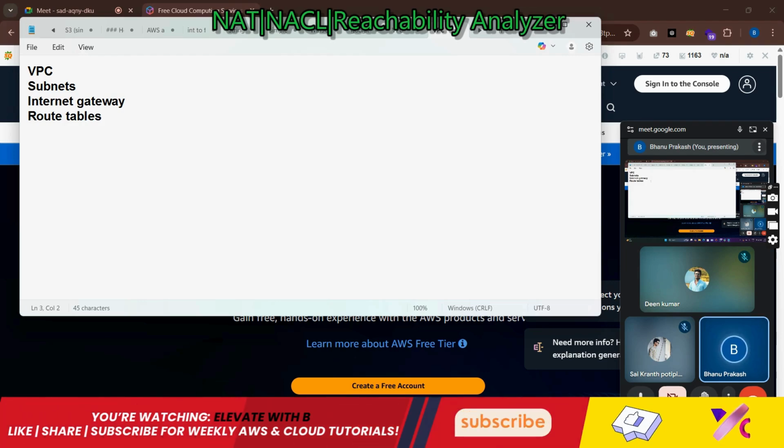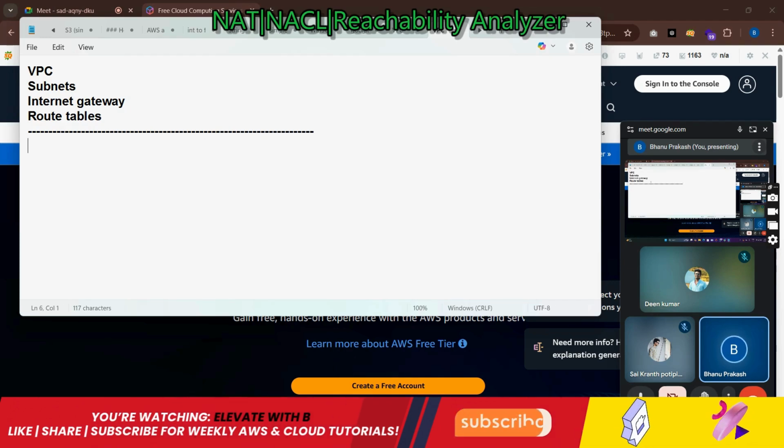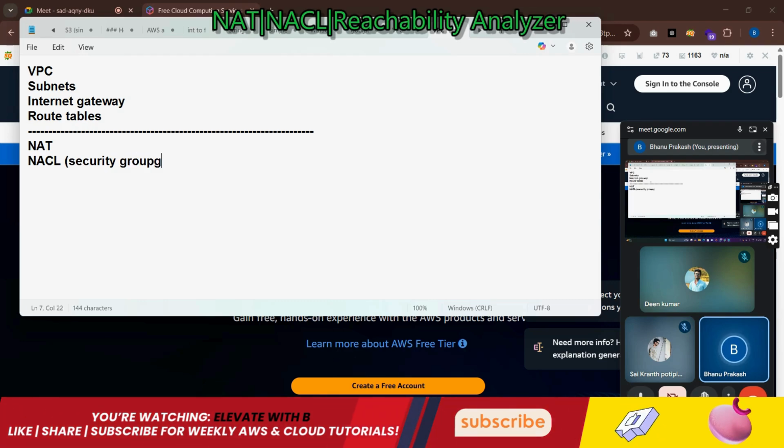So today we are going to explore a few more features in the VPC that AWS has. Like the first one is NAT, which stands for Network Address Translation, and NACL also we are going to implement. So this is one more security layer. Actually, the first level of security in AWS is security groups, and this NACL is the second level of security. After that, finally, we will discuss what is